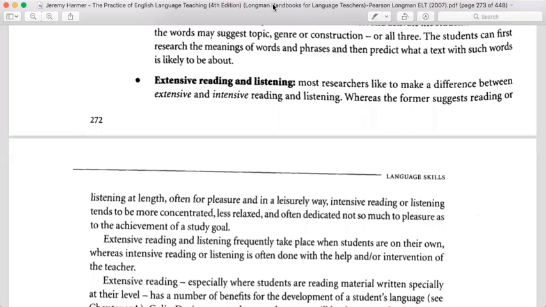Okay. Now, what is important to remember here is that both extensive and intensive listening are important because both of these provide opportunities to hear voices, listen to people, other than the teacher. Okay, because all listening activities cannot be covered by the teacher. It's not that you only need to learn to understand your teacher, or you only need to practice through the voice and talk of your teacher.